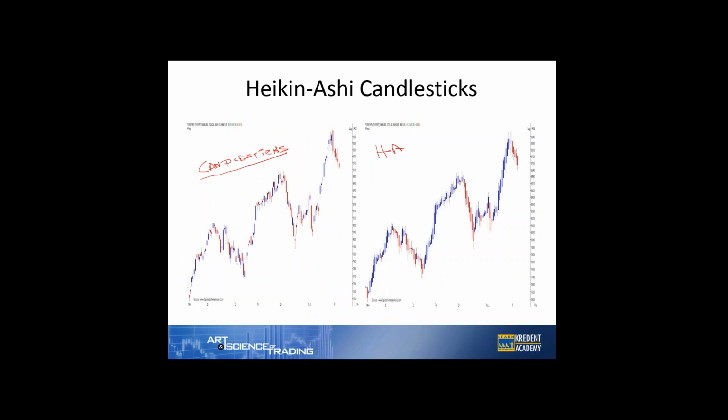By just looking at it, you can find out that when there's a nice trend, be it uptrend or downtrend, this is how the candles will look. But if you notice, the Heikin-Ashi candlesticks tend to be much smoother. In this case, most of these candles are blue in color and you're not too worried by the day-to-day volatility of price. Same thing if you see when the market falls: in the candlesticks, you may have a couple more positive moves on the other side. On the other hand, if you look at a Heikin-Ashi chart, it's just smooth and it falls. So this helps a lot. A Heikin-Ashi candlestick from a trading point of view does help to stay with the trend.